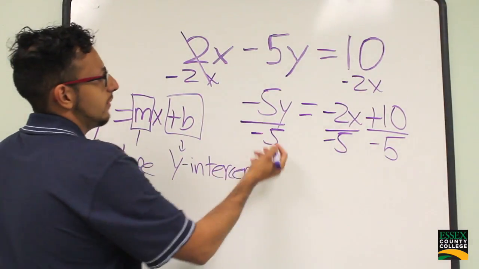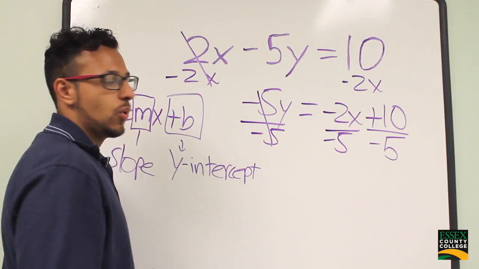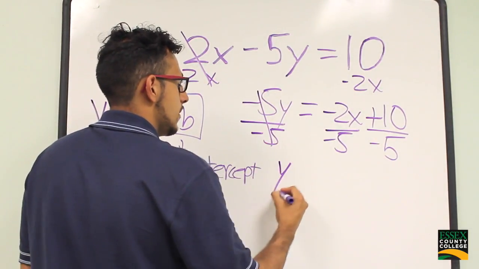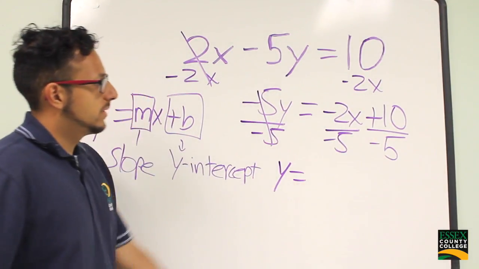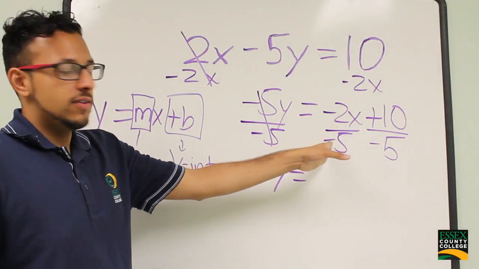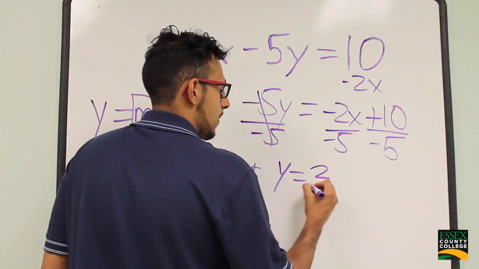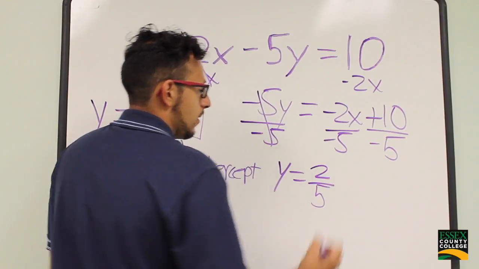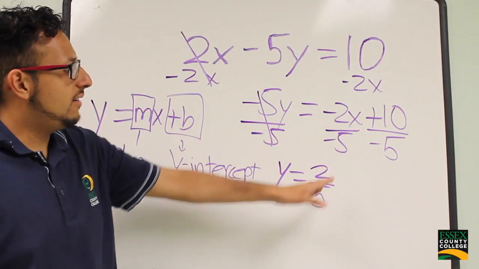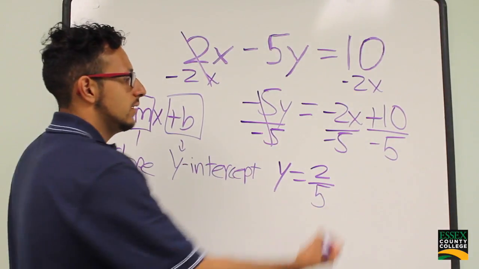Negative 5 divided by negative 5 is just 1, so we're left with y equals negative divided by negative, which is positive, so negative 2 divided by negative 5 becomes positive 2 over 5